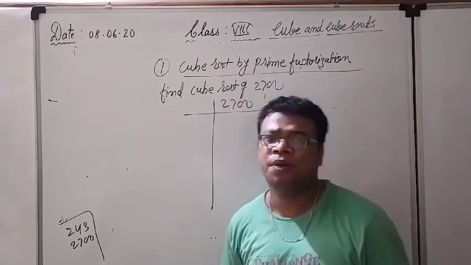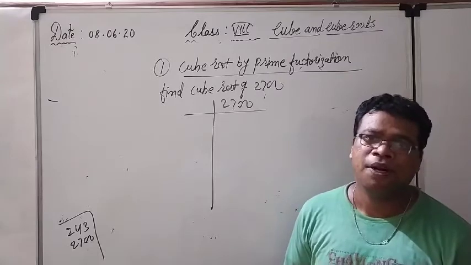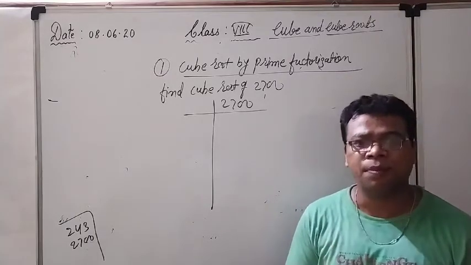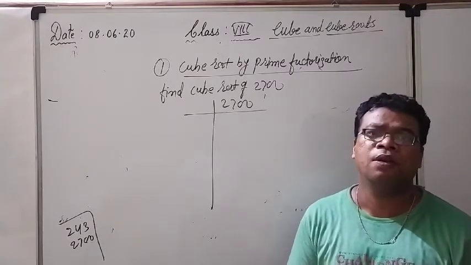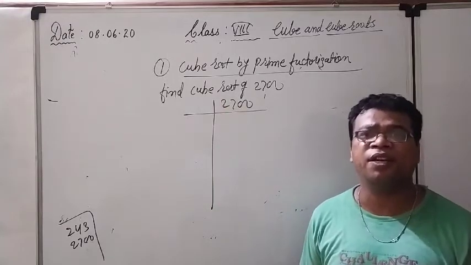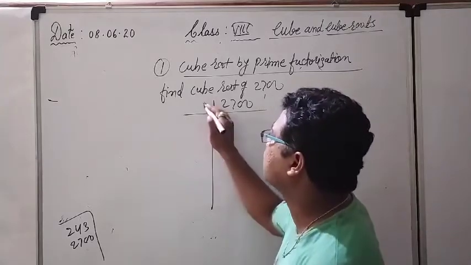Look here, somebody tells that always we should start with 2. But if it is a prime number, I can start from 3 also, because 3 is a prime number. I can start from 5 also. Why? Because 5 is a prime number. Either 5 will come at the last, or I will take 5 at the starting. It will be the same. No effect on the answer. So right now I am considering 3 first.